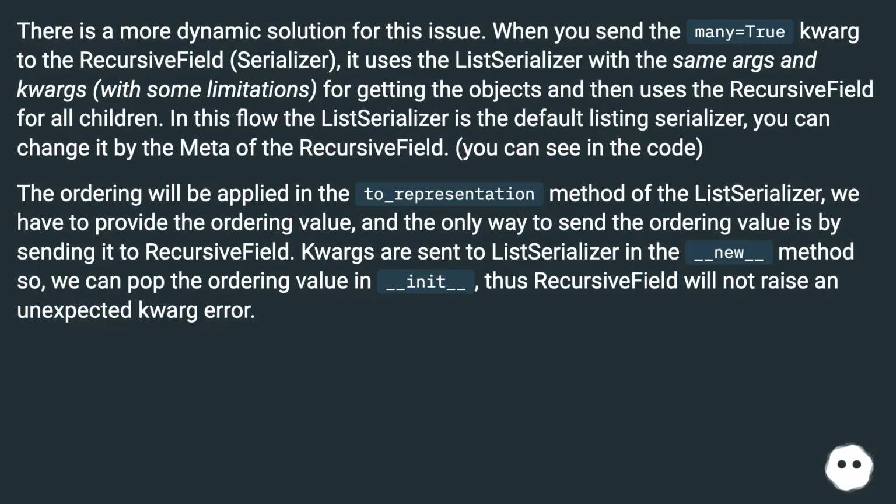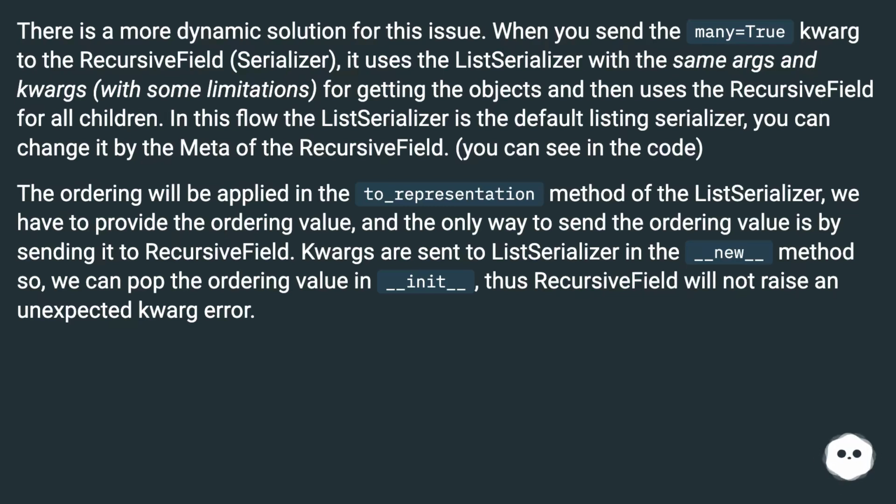In this flow, the list serializer is the default listing serializer. You can change it by the meta of the recursive field. You can see in the code. The ordering will be applied in the to_representation method of the list serializer. We have to provide the ordering value, and the only way to send the ordering value is by sending it to the recursive field. Kwargs are sent to the list serializer in the